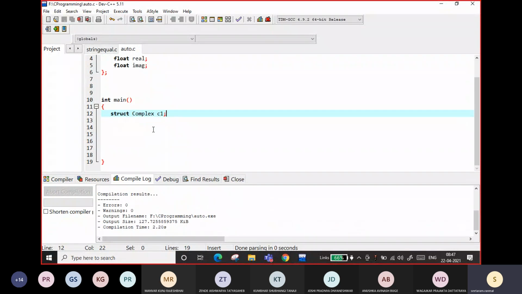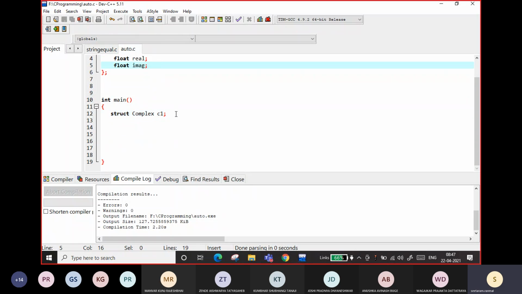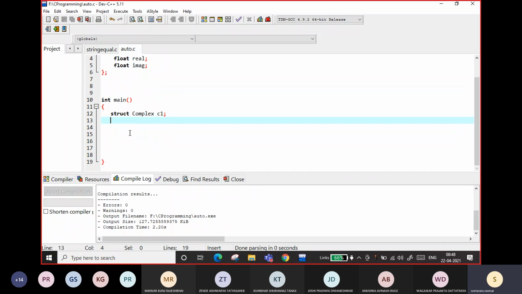So what happens? Whenever I will take C1 as a complex, it will have two members. One is real and other is imaginary. It will have automatically two members. So if I want to store the values of this, I can access them using the dot. For example, now if I want to take the values from the user for this complex number, so what I can do, I will write a printf, or